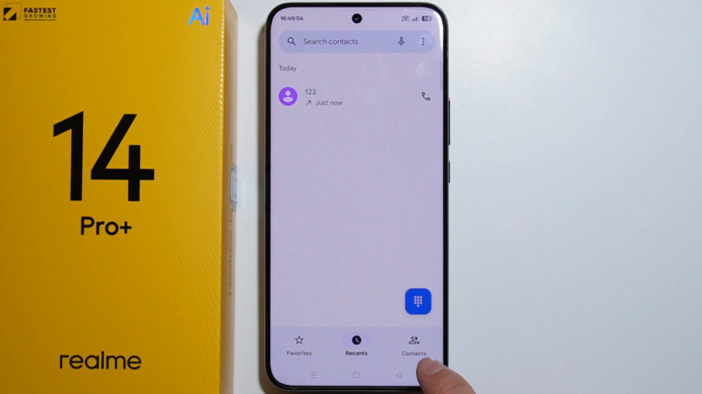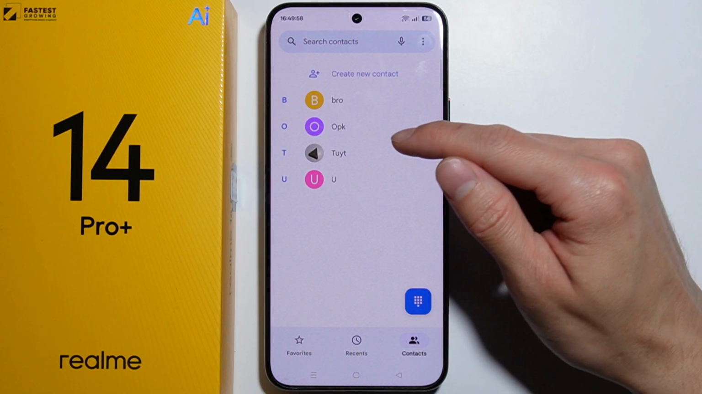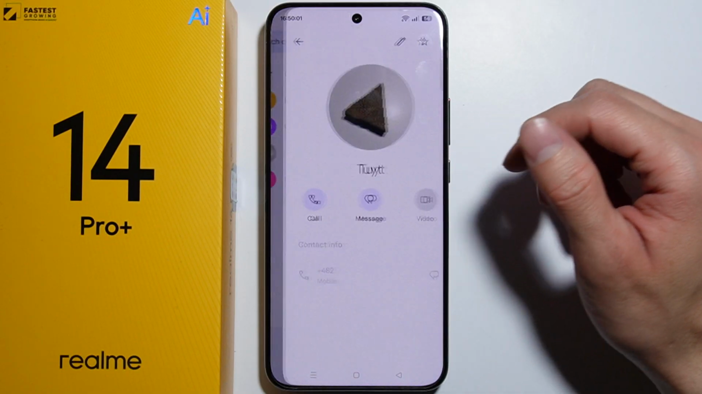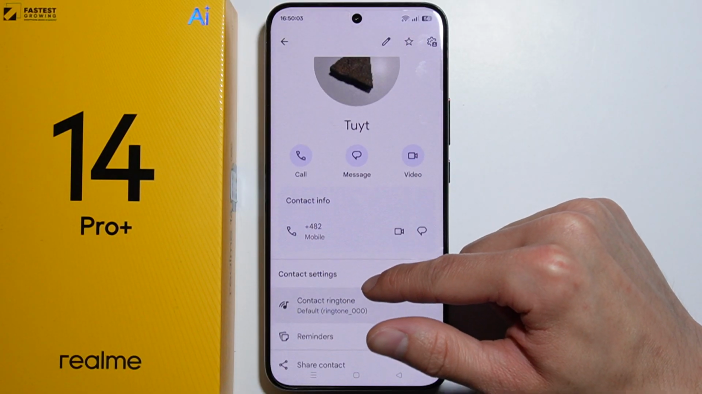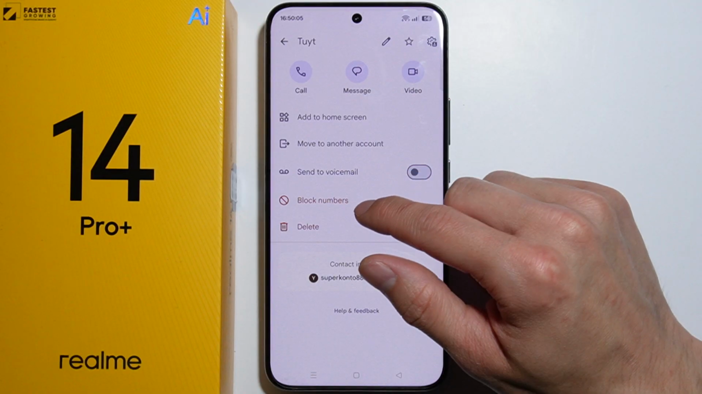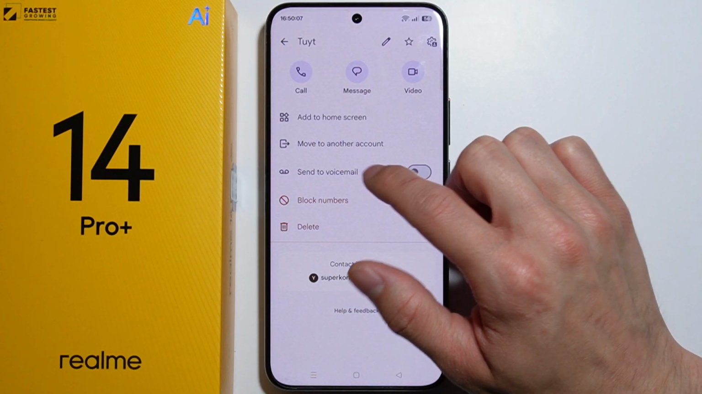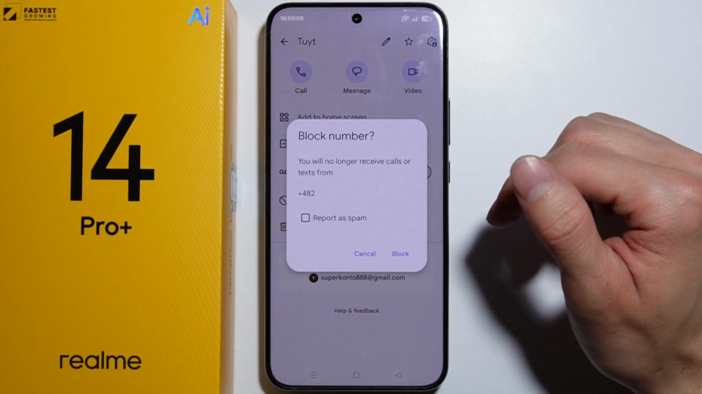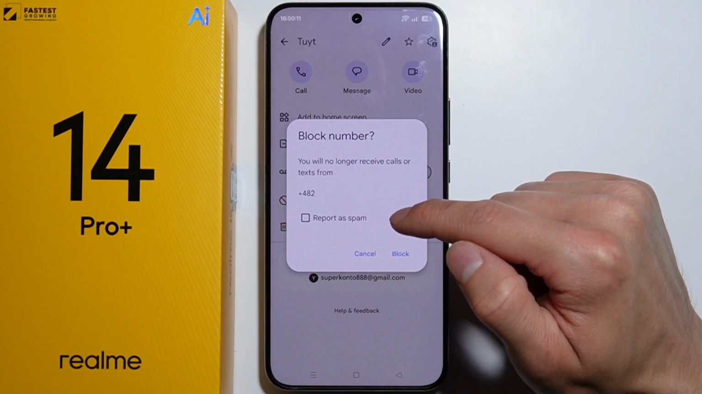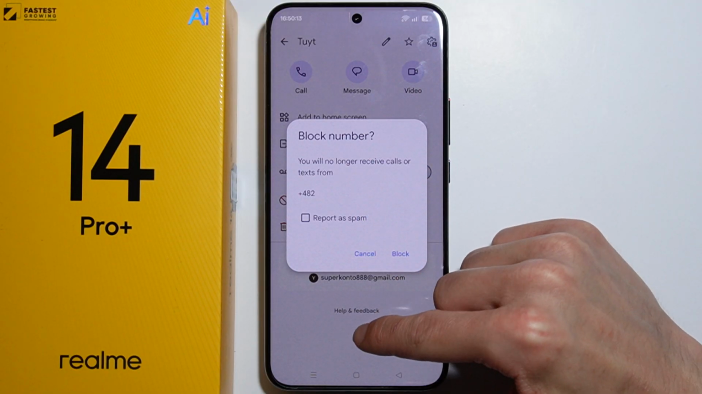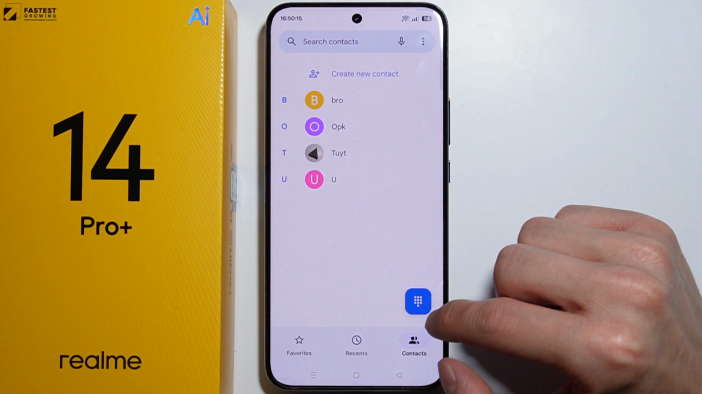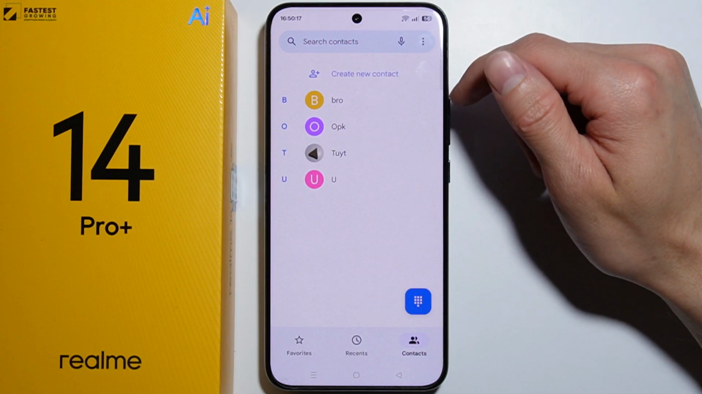The second one is you can block your contacts from your list as you go into your contacts. From here you can also select any contact that you want to block, and from here scroll all the way down, and here you can find block numbers. At this button, simply press this one, and also you can additionally report as spam, and here's the button to block it. And this is the second way to do this, and the third way is you have to press